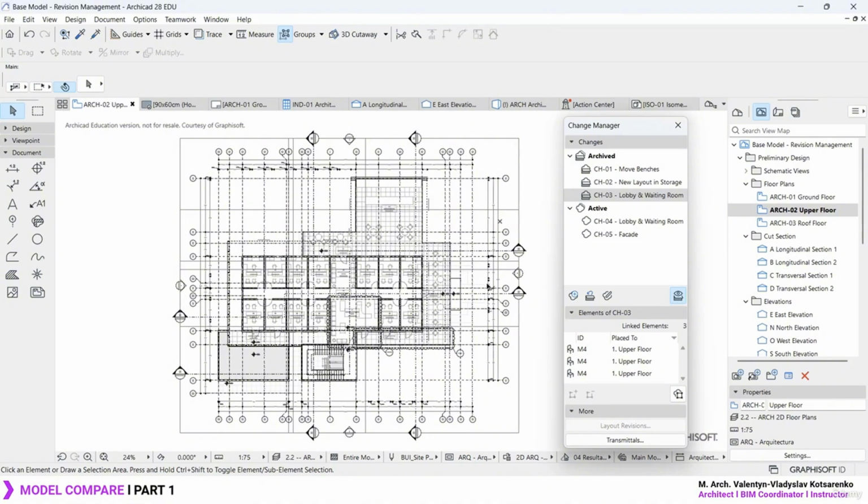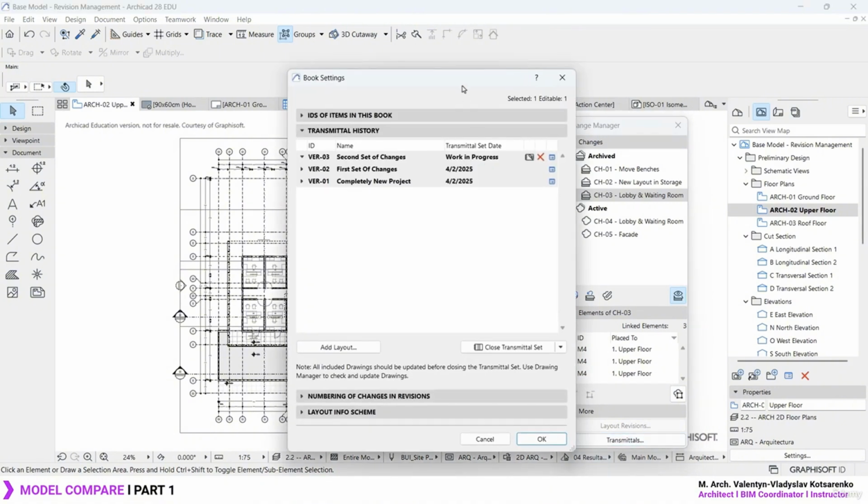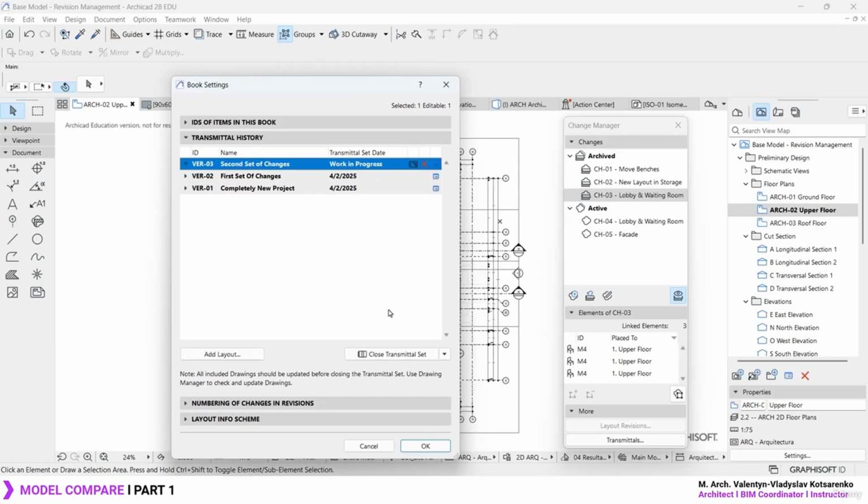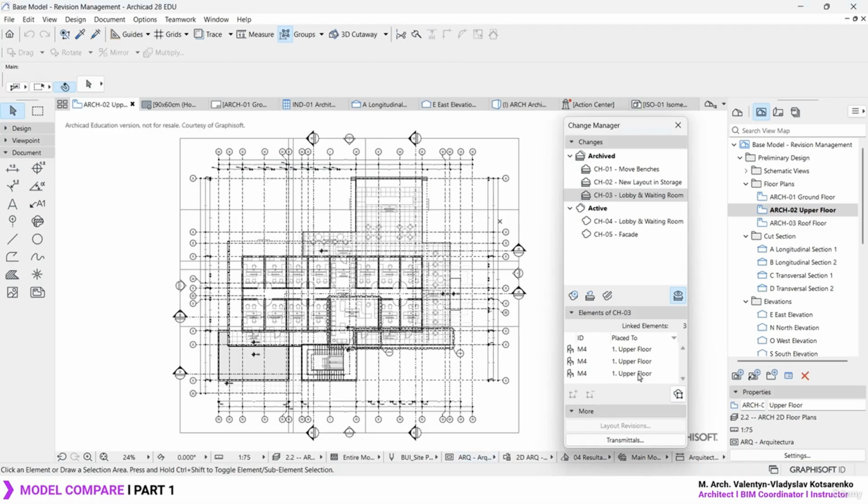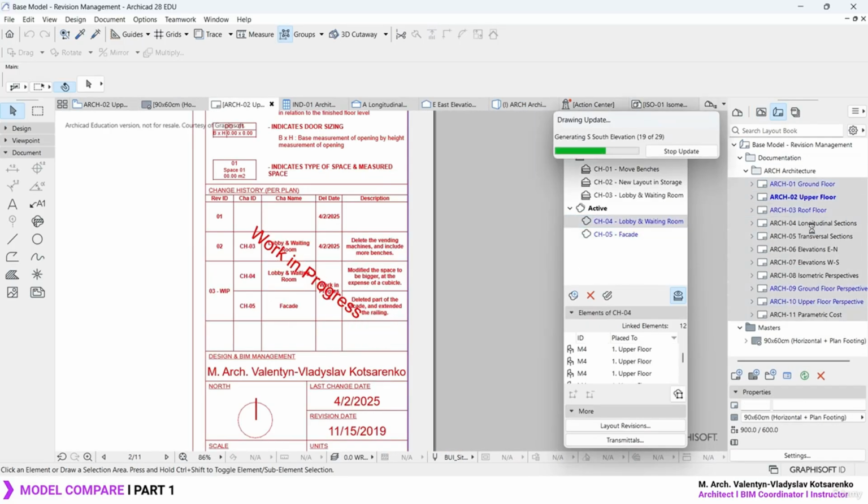Okay, for this case, what I'm going to do is I'm simply going to put an end to this transmittal. Let's close the delivery, close the transmittal, let's press OK, and let's archive these 2 changes which were active but now